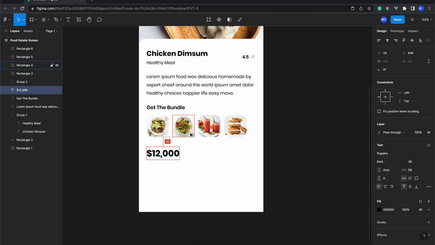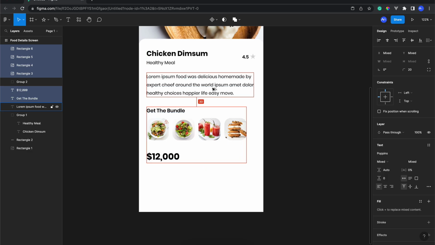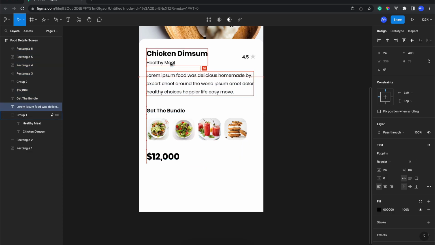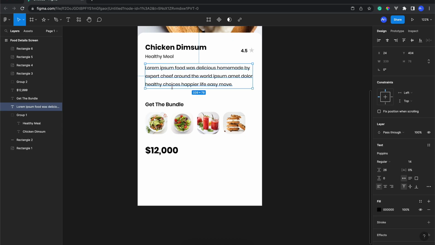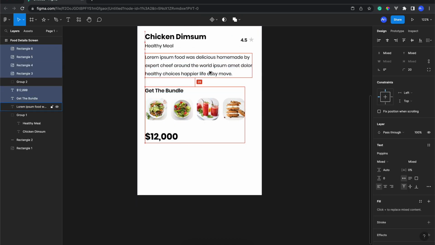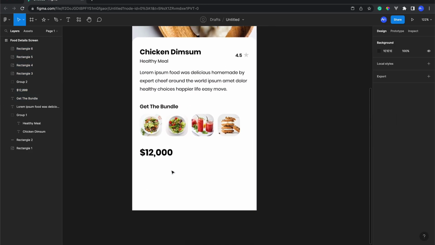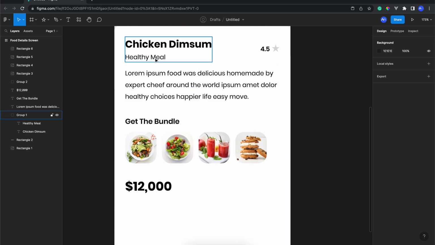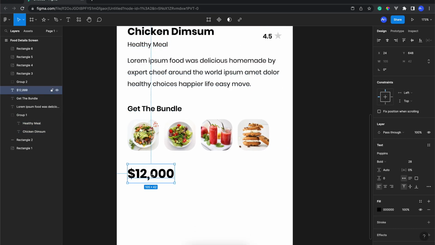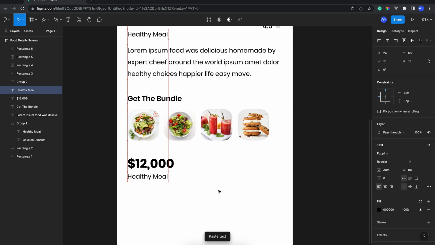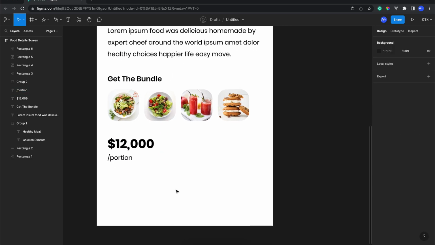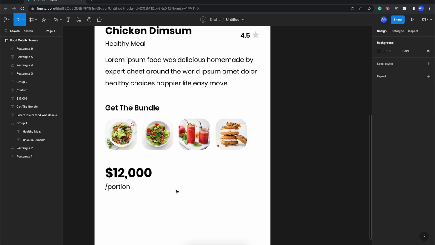Okay, and we give the margin top 30 pixel, and this is supposed to be 30, but for this one I think 12 is enough, right? Should be enough for now. And then I'm just going to copy this healthy meal, and change it to portion. Okay, give the margin top about maybe 0. That's enough for now.